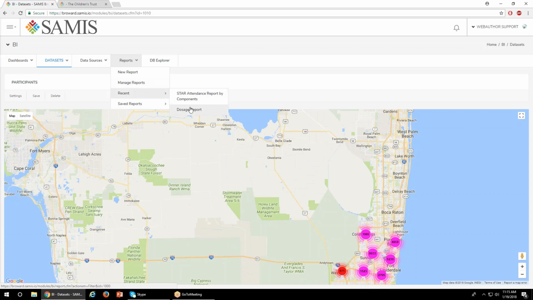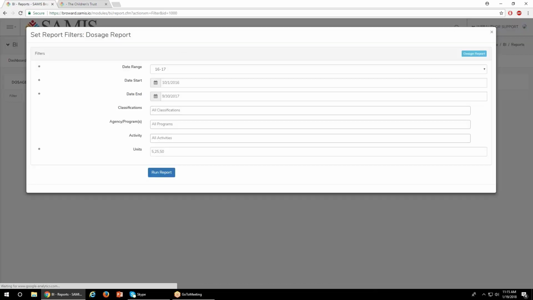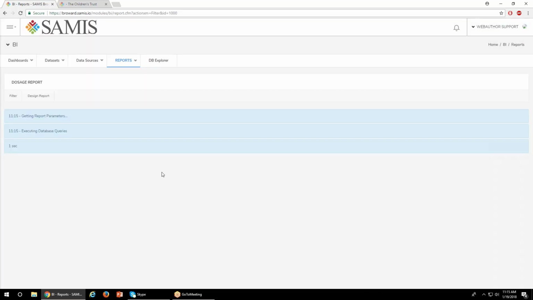But in here, Monty, your folks had wanted to have a dosage report that we created. So the idea is you can go in, put in a date range, filter by classifications, programs, activities, and then units, and it's supposed to show how many participants achieved 5 units, 25, and 50. And if I just run this report, just to give you an idea of how it works, and I'll show you the design view in a moment,